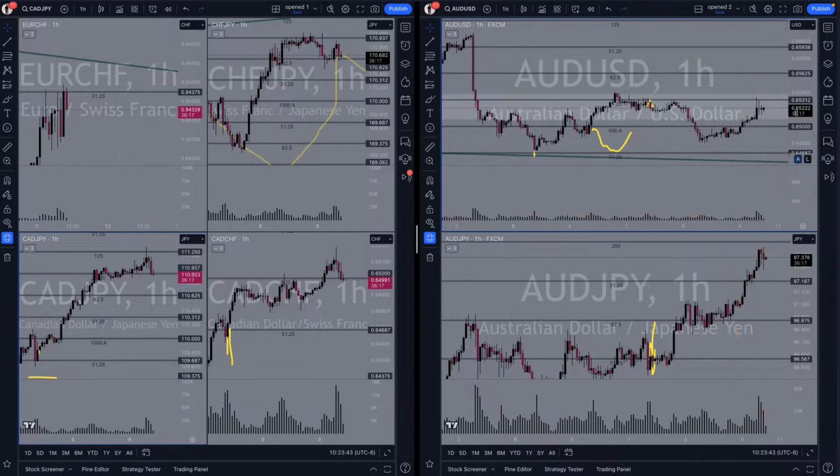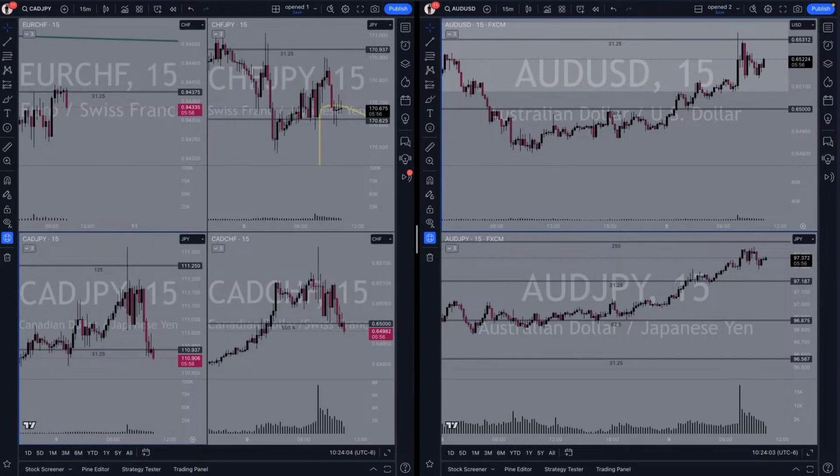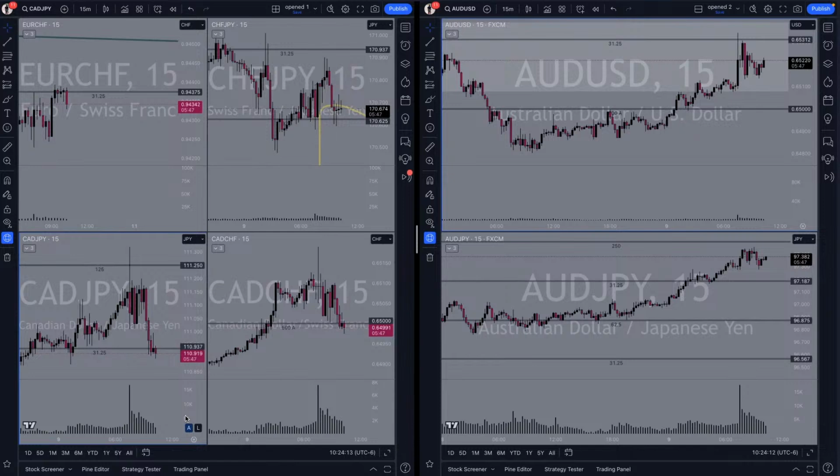gonna go opposite. Of course, we can lose, right? But so far, so good. So far, all of the trades went our direction. Let's go to a smaller time frame, just to see what's going on. I don't like volume efficiency. That's why.